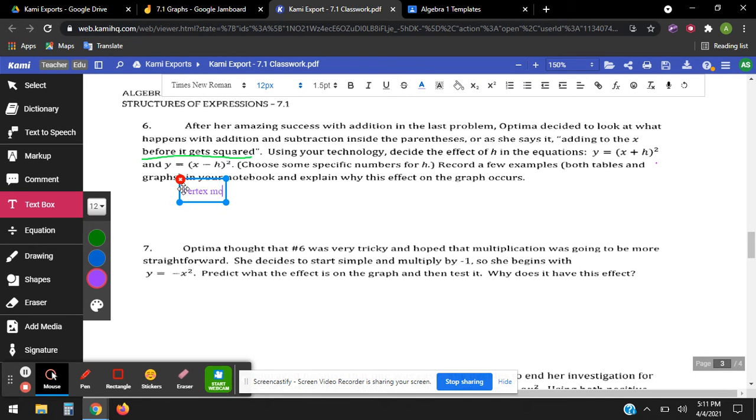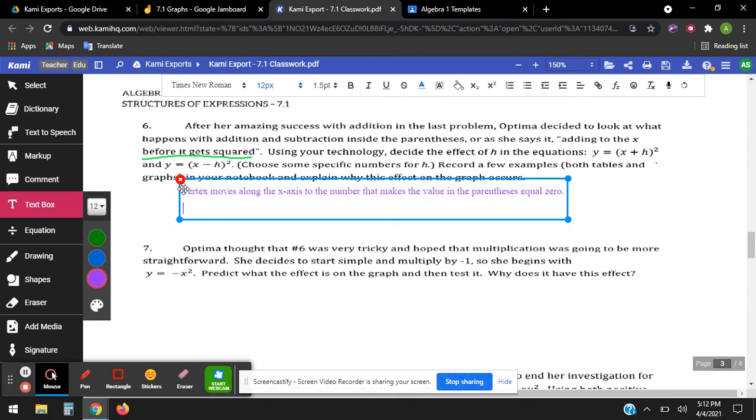The vertex moves along the x-axis to the number that makes the value in the parentheses equal 0. So another way to kind of think about it is the x